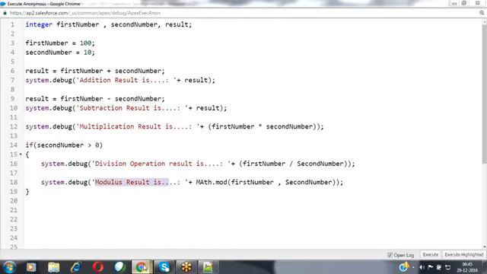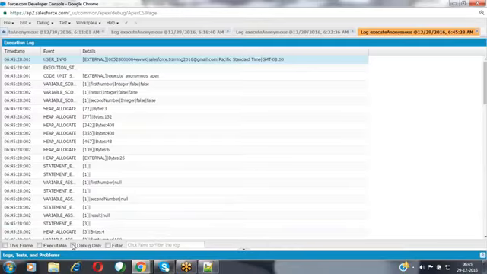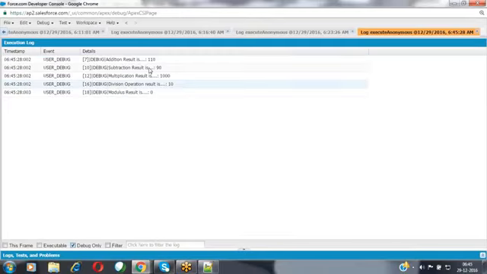Now when you go to the result and verify the debug only, it will give the result of all these operations to you. Addition result is 110, subtraction result 90, multiplication result 1000, division result 10, modulus result 0. All the results will be provided to you.